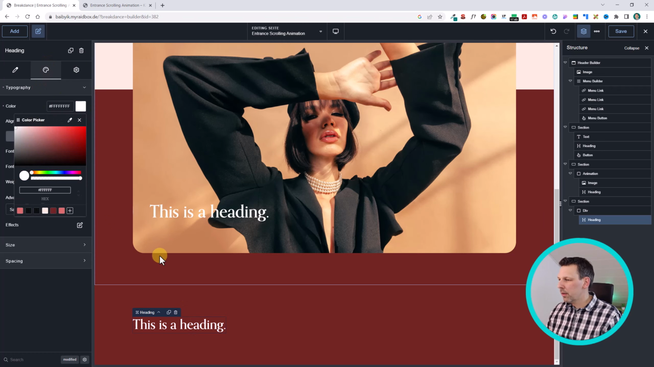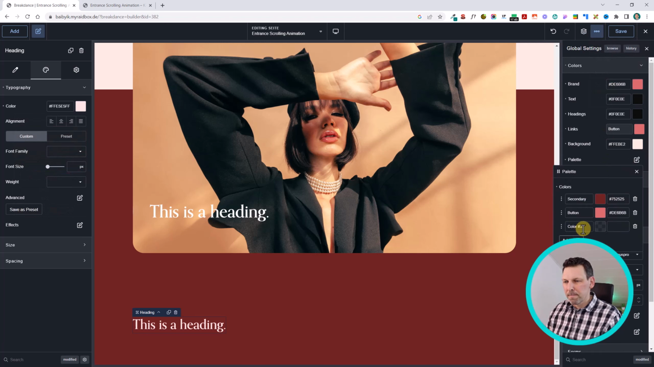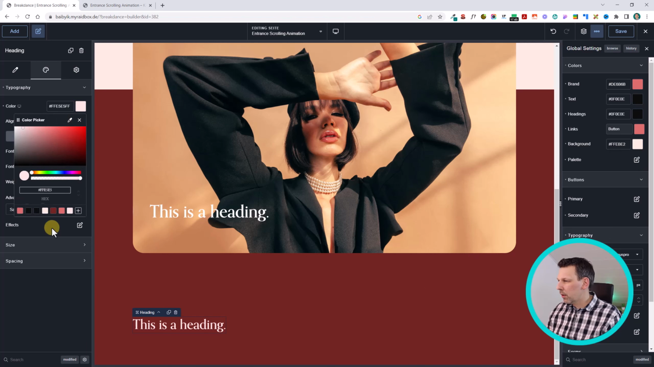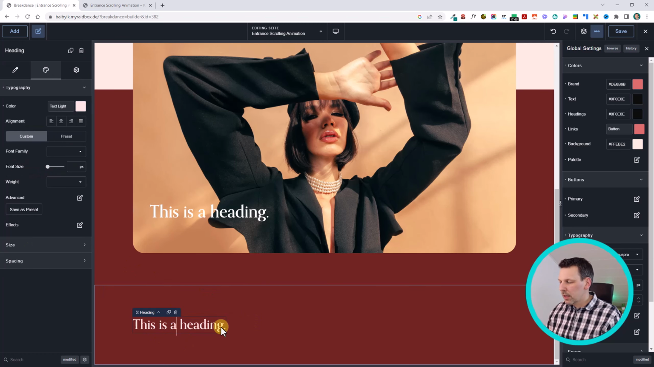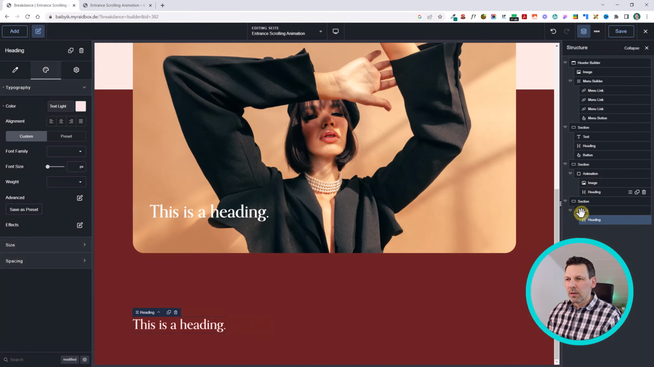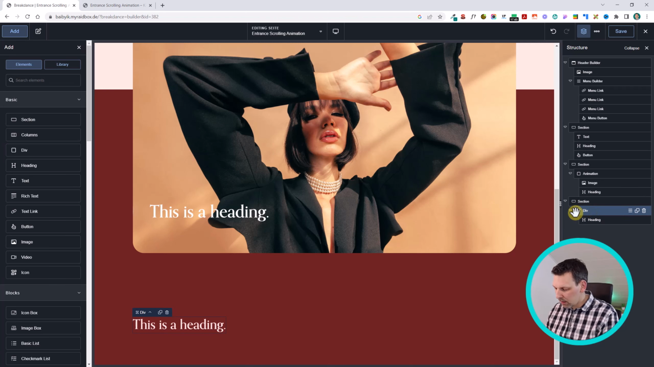Color, we need white, so maybe not 100% white, maybe. Something like that. Let's add it to the global colors a little quick. Now we can go here and add it as a global color, and then save. Now we're still inside our div element, inside our section, and we want to add another image in here